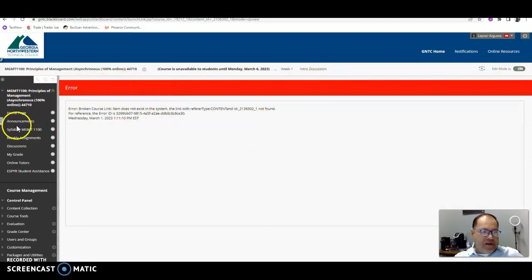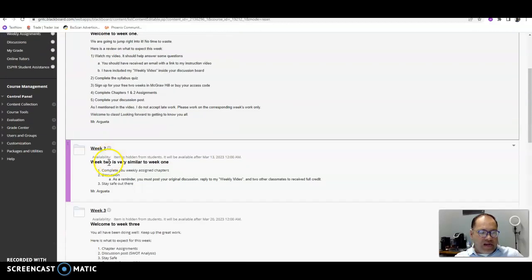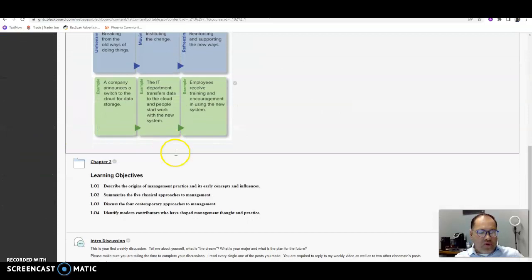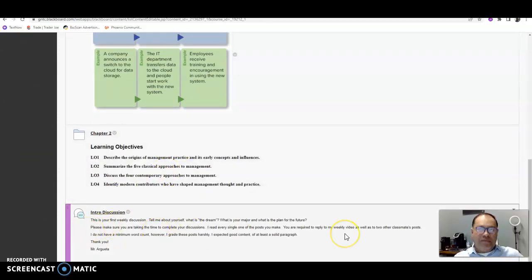There's going to be a tab here that says create a thread. You're going to post your thread. You're going to say who you are, what your major is, all of the good stuff. But as one of the comments, as one of the threads, it's going to be my discussion. I am going to weekly post inside of your discussion a video. I call it a weekly video, and it's an update on what's going on in our class. I recommend you see that, and then you have to reply to that.